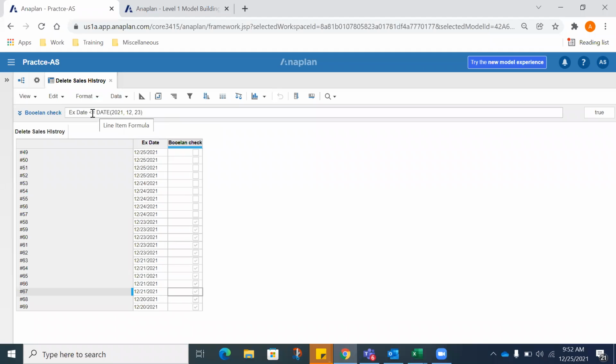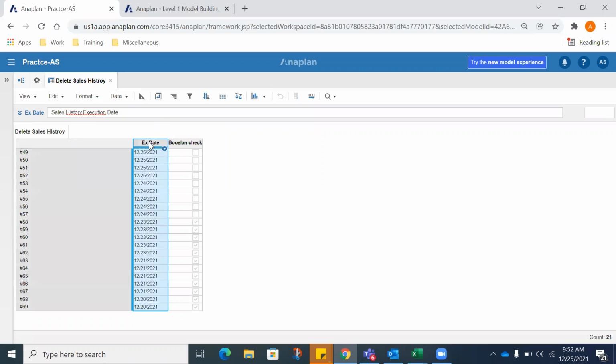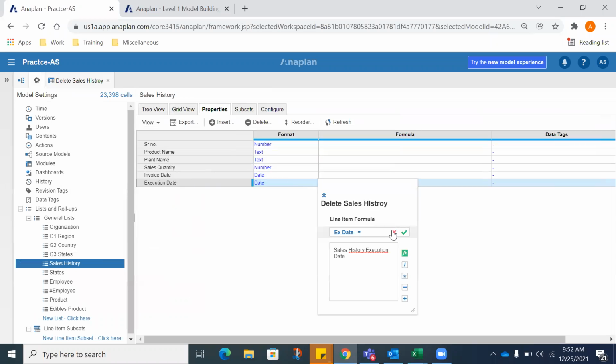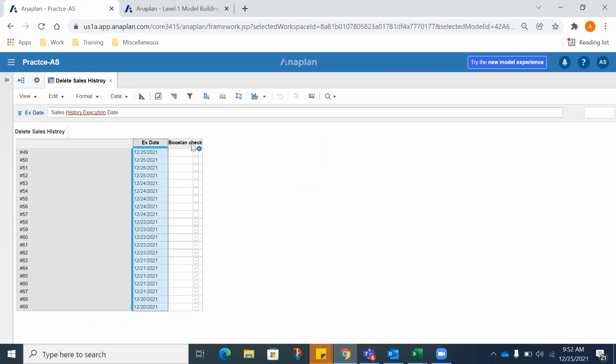If there was a sales quantity on the basis of which you wanted to delete, you could have brought a sales quantity column over here, right? How you will bring sales history dot sales quantity here, correct? Double click here, then you would have selected sales quantity, and then you would have created a boolean, and you would have written like where sales quantity equals to 27.4, if you want to delete those quantities. And so once that boolean is checked, now what you can do is